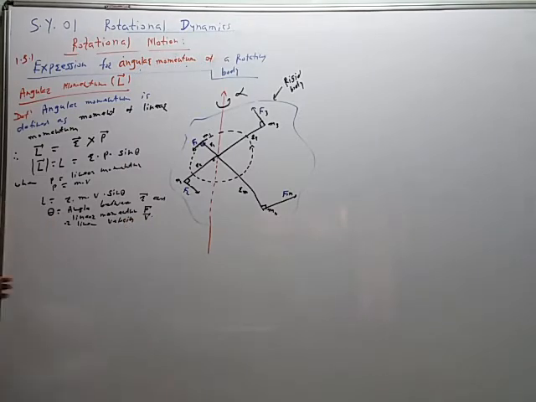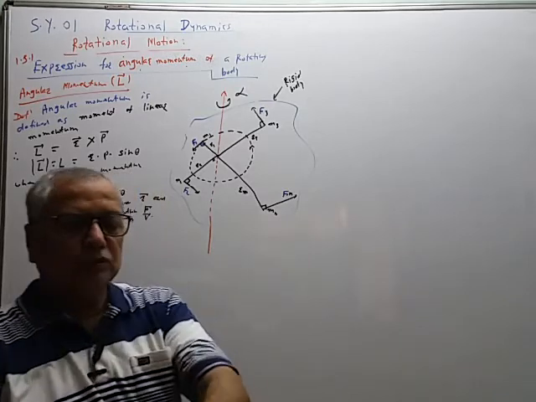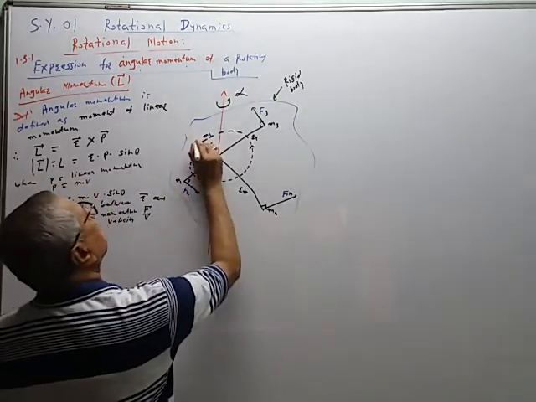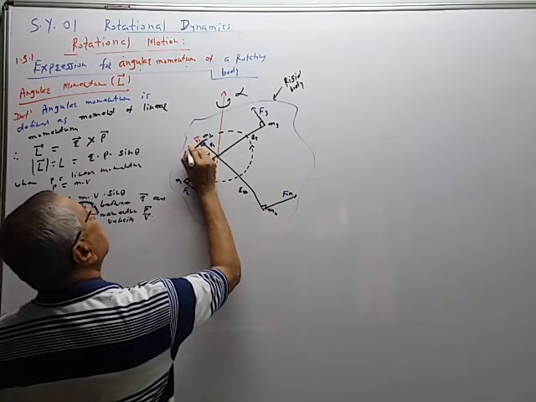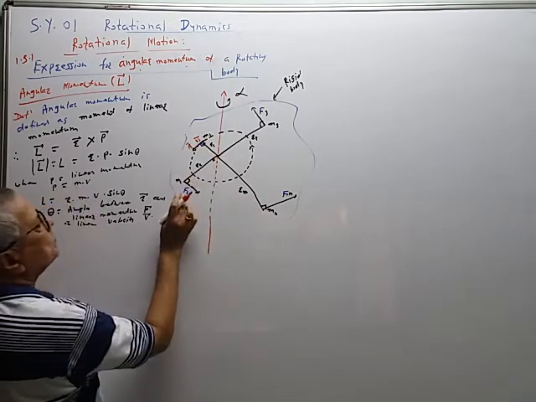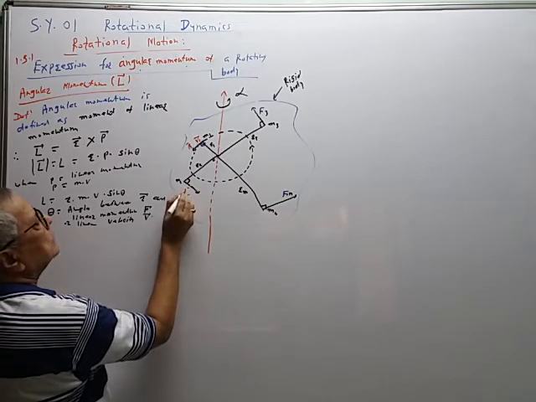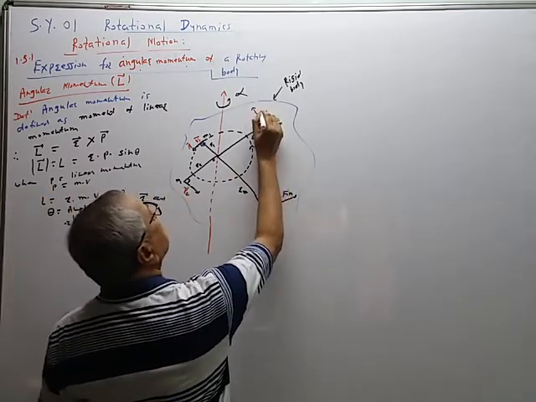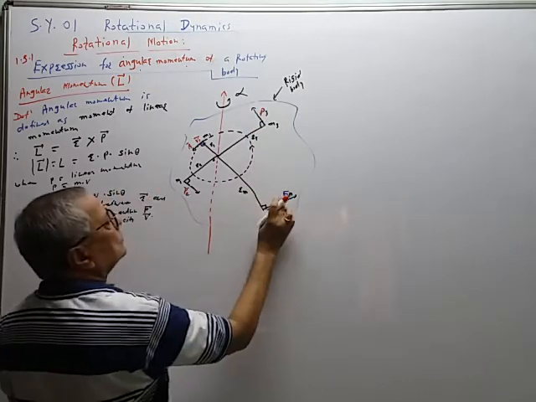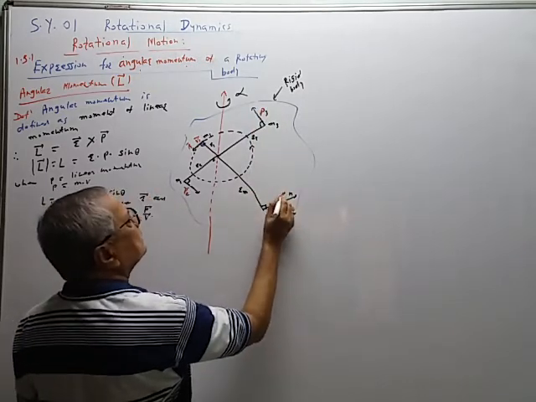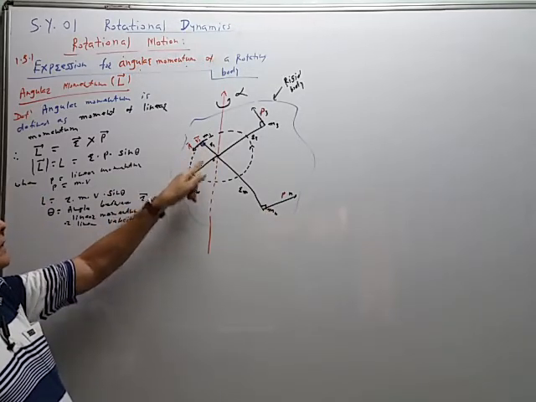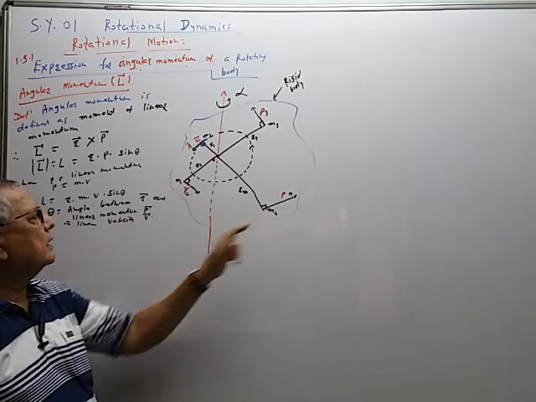Now we have to make the change in the figure again. So V1 is in this direction, therefore P1 is also in this direction. This P2 is in this direction. This P3 is in this direction. This Pn is in this direction. So the direction of P1 and vector R1, they are perpendicular, 90 degrees.